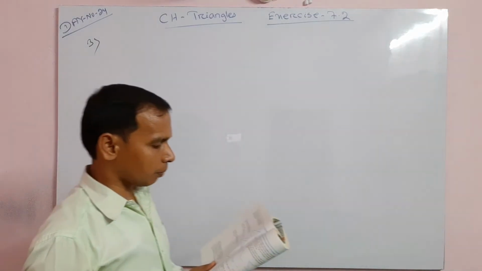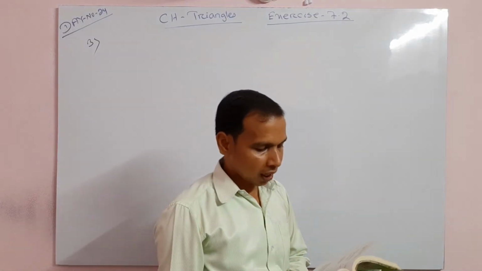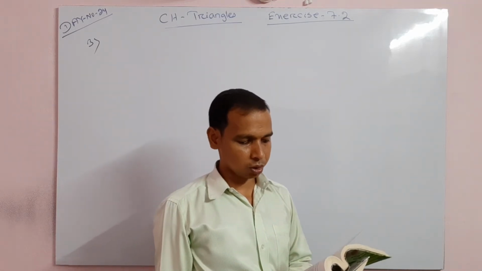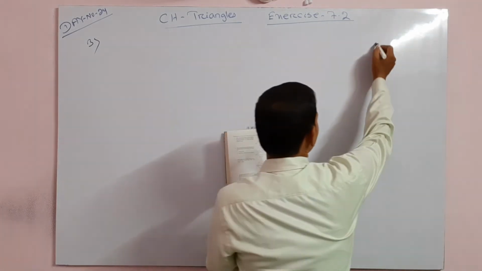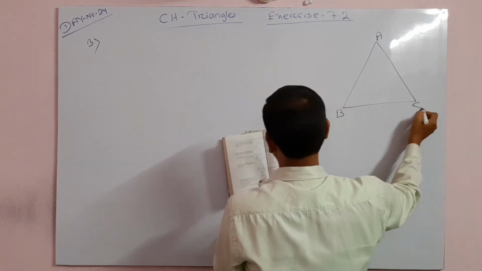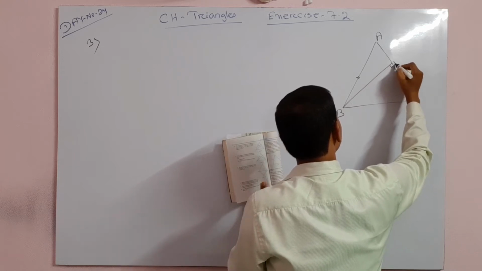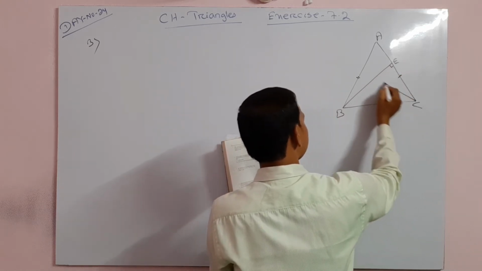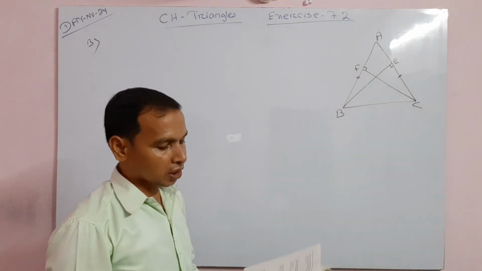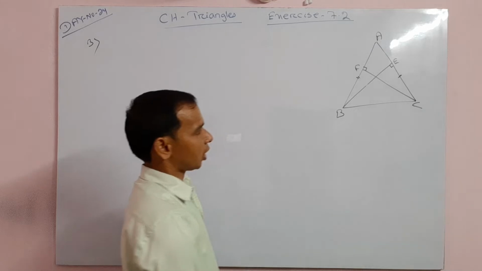Number 3 question. ABC is an isosceles triangle in which the altitudes BE and CF are drawn to equal sides AC and AB respectively, so that these altitudes are equal. Mark here, ABC is an isosceles triangle in which AB equal to AC. The altitude here BE and another here CF. Our aim is to show that altitudes are equal here.